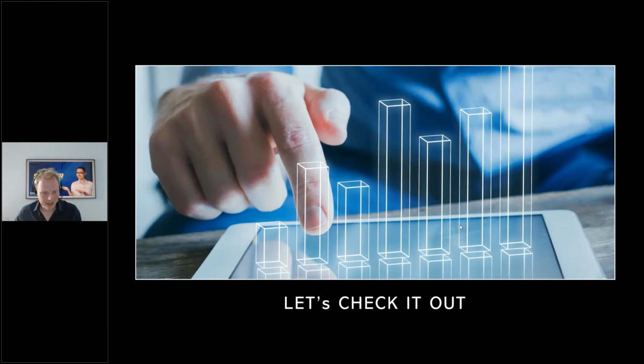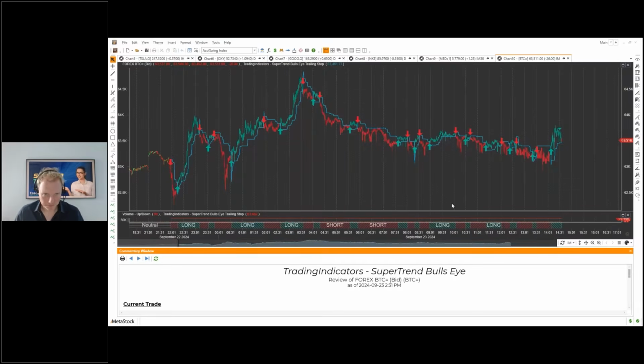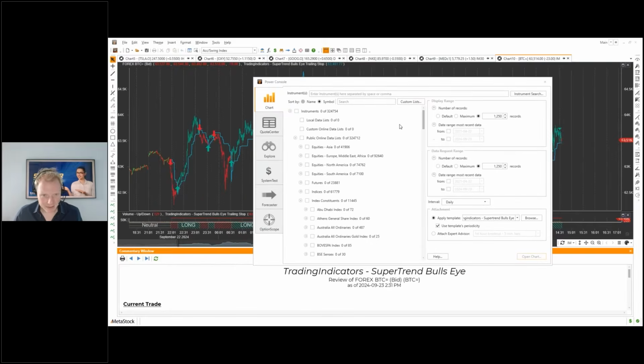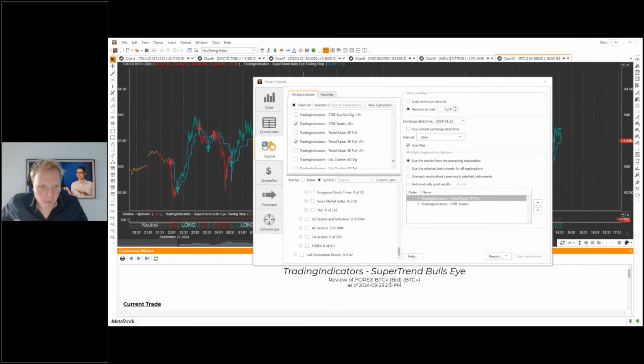So let's check it out. Back to MetaStock. There we go. And I'm going to open up the power panel up here. There we go. And I'm going to drag this in, and let's set up a quick scan. The scanning is available in this Explore box here. I'm going to go to our Exploration tab. And what we're going to scan for is,